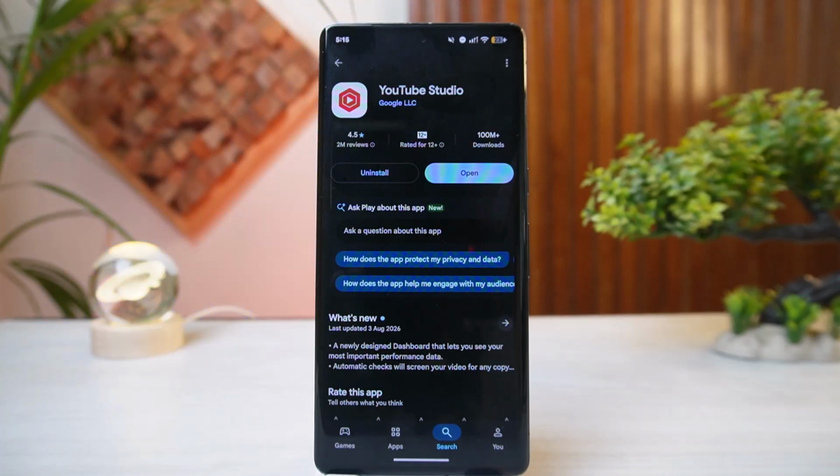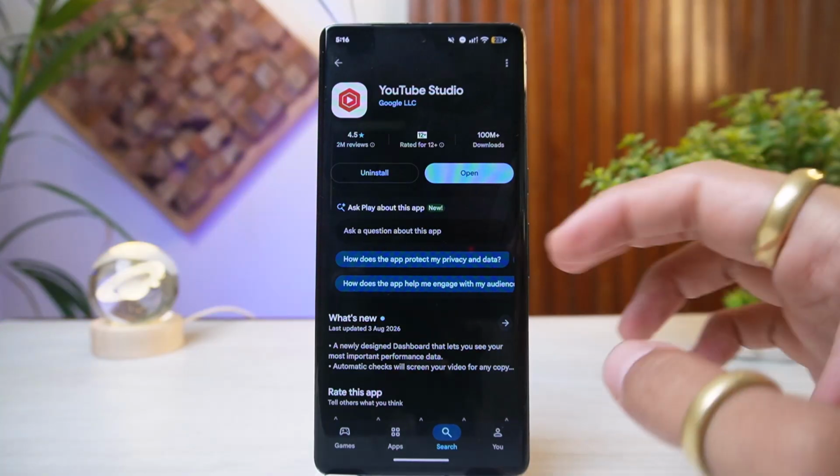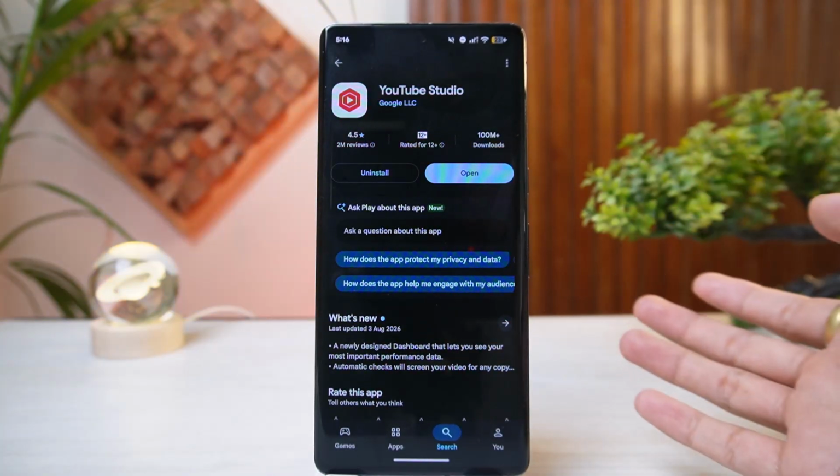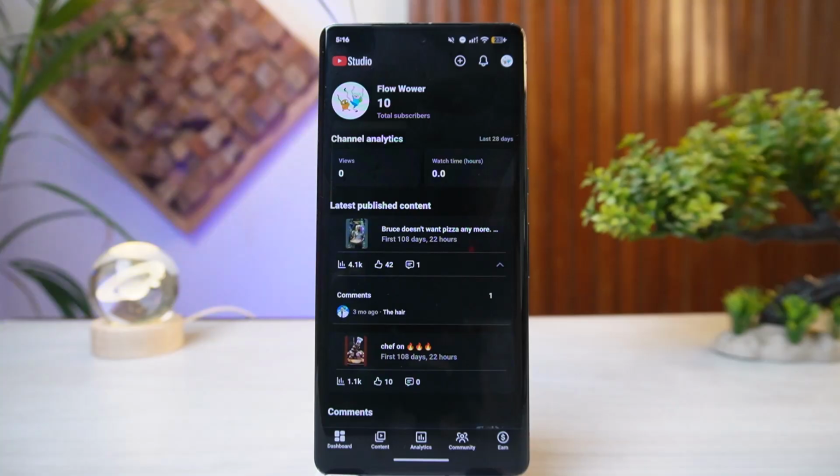How to enable key moments on YouTube video. To enable key moments on your YouTube video, you simply have to launch the YouTube Studio on your desktop browser. Now, once you open it, you simply have to go ahead and click the pencil icon on your video from